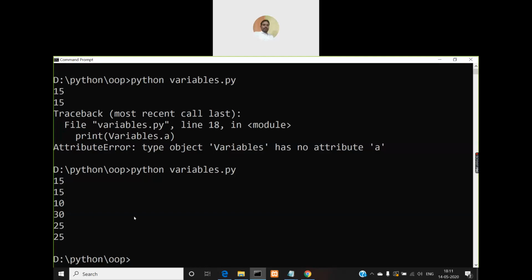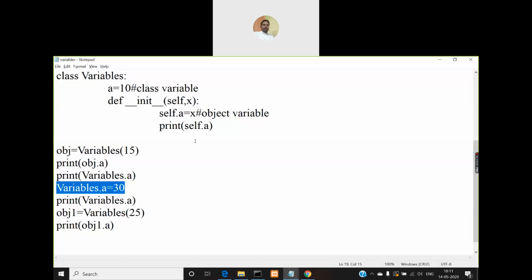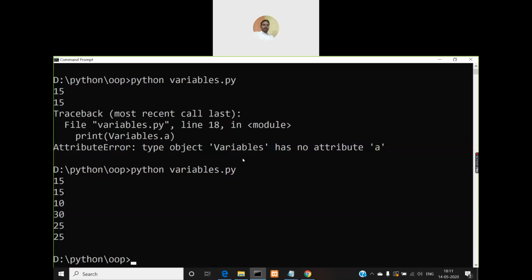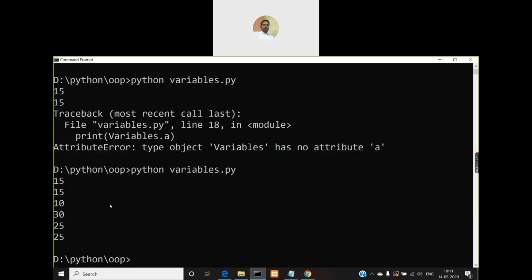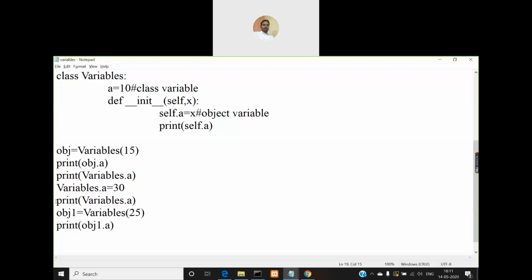So first print self dot a will print 15, then obj.a will also print 15, then variables.a will print 10, then after that you're getting 30, right?